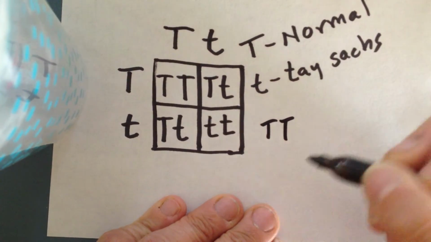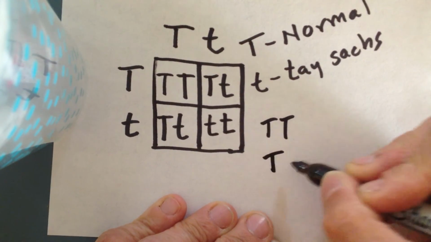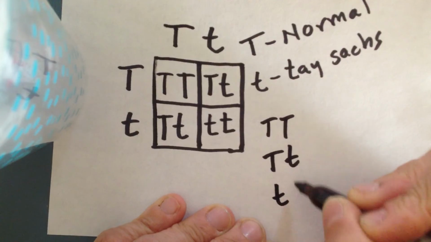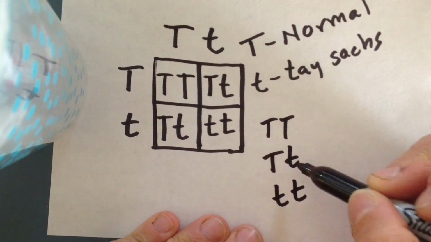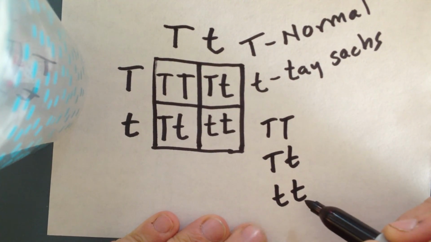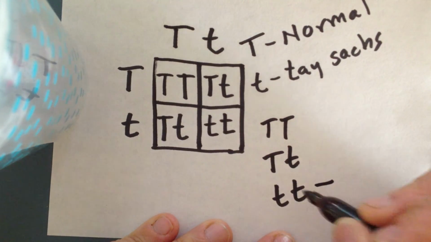Okay, so in this cross we have 3 genotypes. One is big T big T, one is big T little t, and one is little t little t. So homozygote normal, heterozygote, and homozygote recessive. And this is the only one